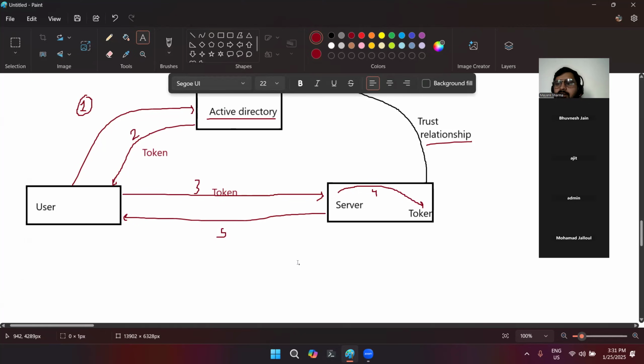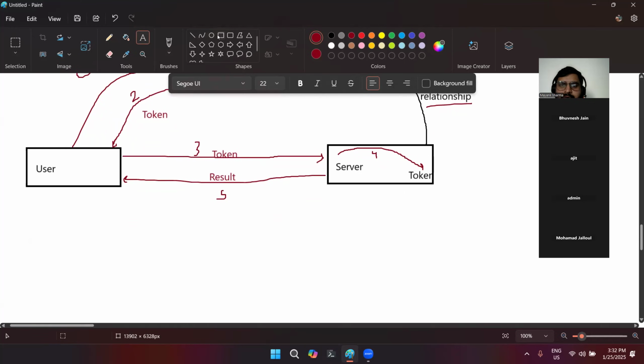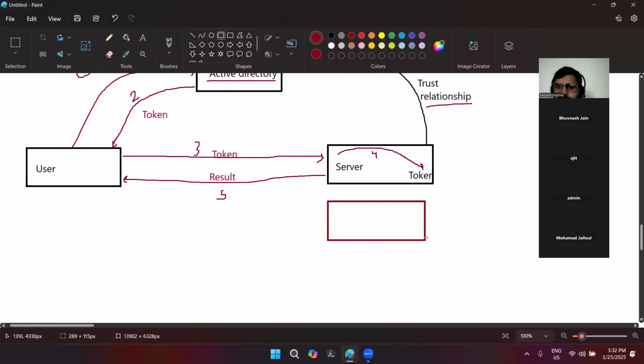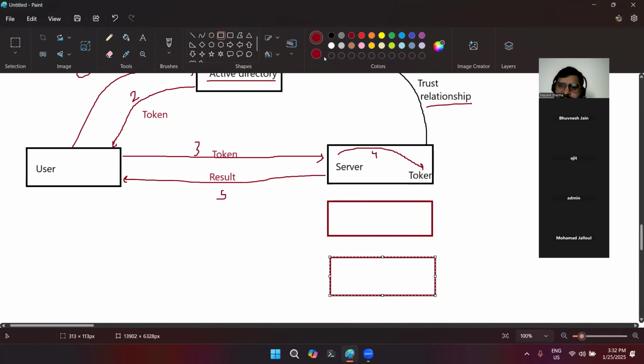So this is how a basic login happens right now. This is the basic approach. All the tokens given by Active Directory are matched and checked, and after that we are able to log in. I can do this with a single server, but you can also do it with multiple services. You only have to set up a trust relationship with that particular service, and apart from that, the whole process is the same every time.